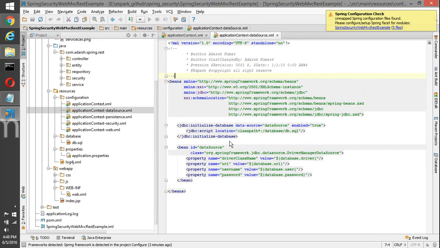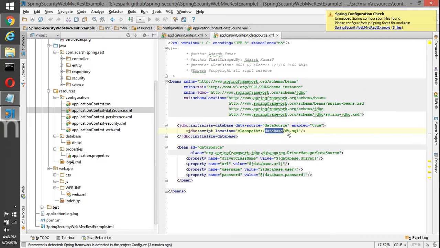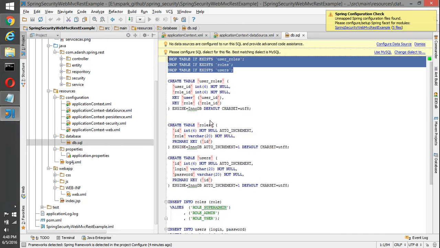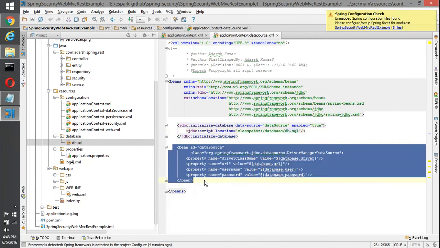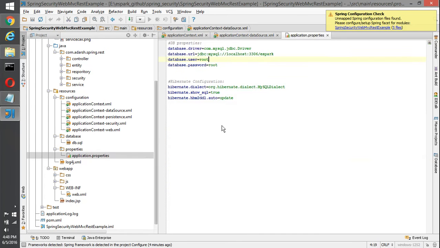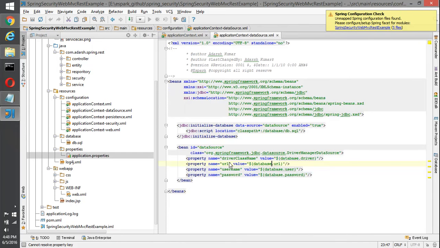So let's jump into the data source, where we have a database initializer. So this is a SQL file. We have injected a data source into this, and then this is the SQL which it's gonna execute. We have all the delete statements first, and then create statements and insert statements for populating basic data, and then this is the data source configuration where we have a driver name, URL, username, password for this. So it's gonna pick up all this information from this property file, application.properties basically.